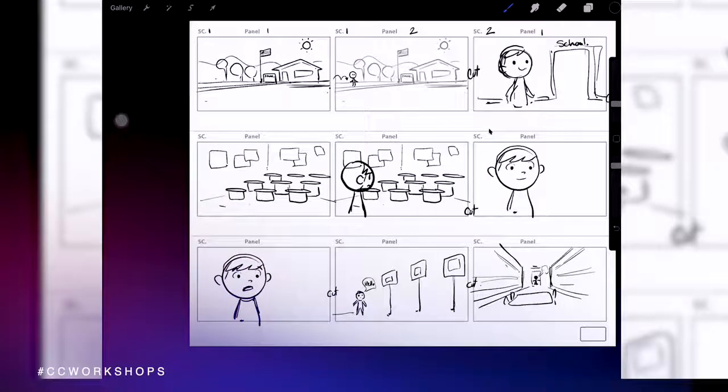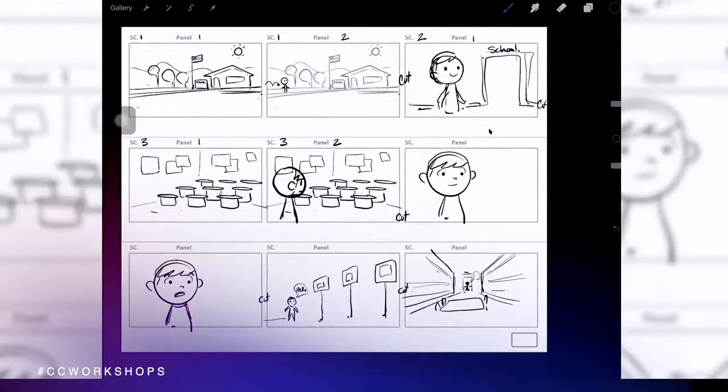This is scene 3, panel 1, scene 3, panel 2, because continuing. There's a cut again, so it's gonna make it scene 4, panel 1, continues, scene 4, panel 2. It's gonna be scene 5, panel 1, scene 6, panel 1.